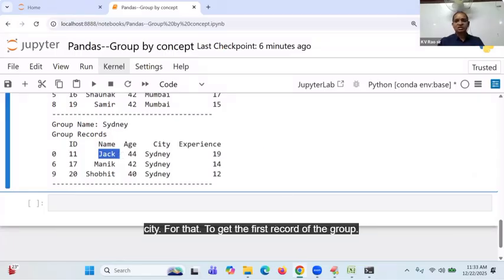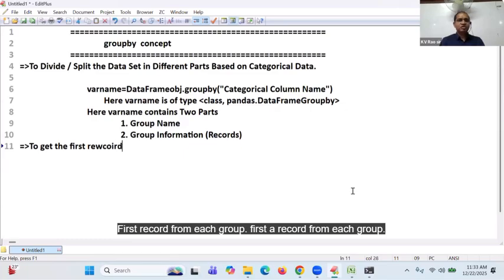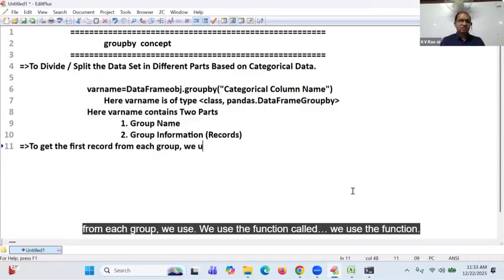City. To get the first record from each group, I'll show you the complete information. We use the function called